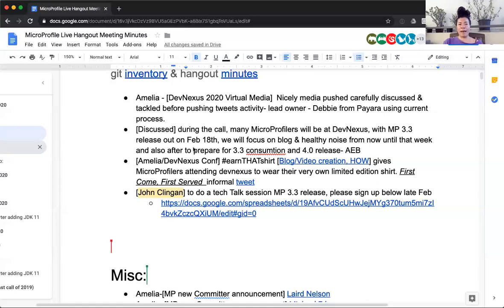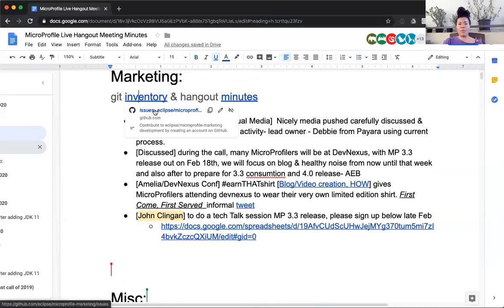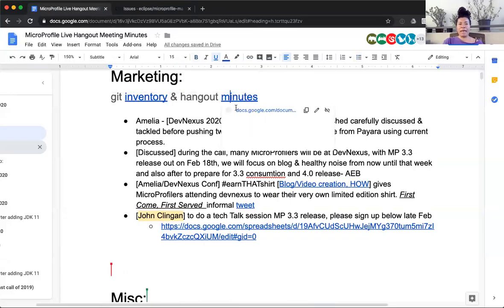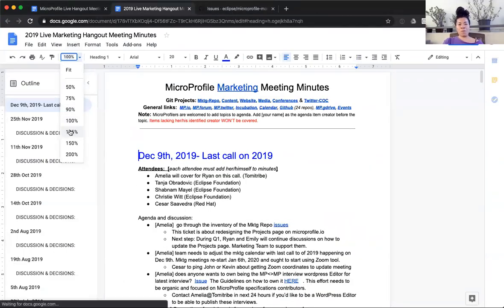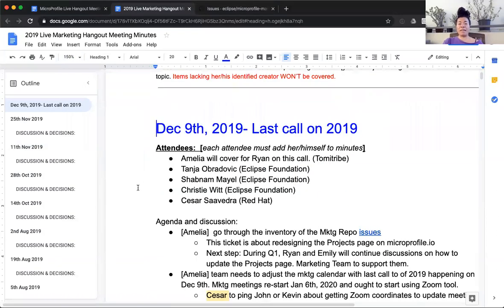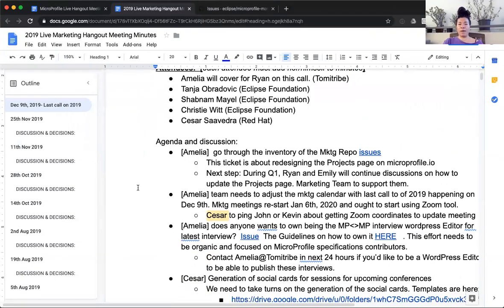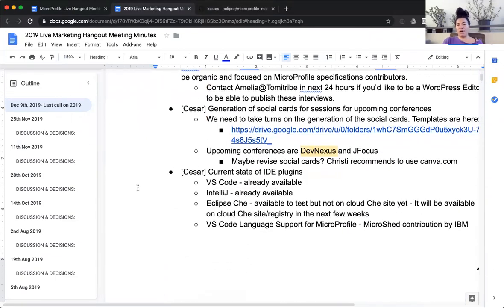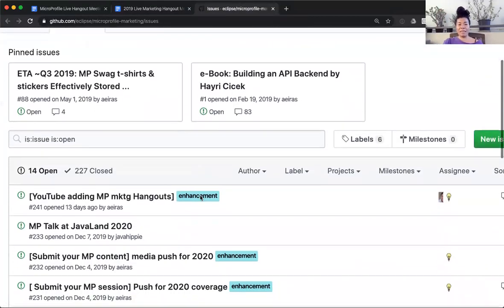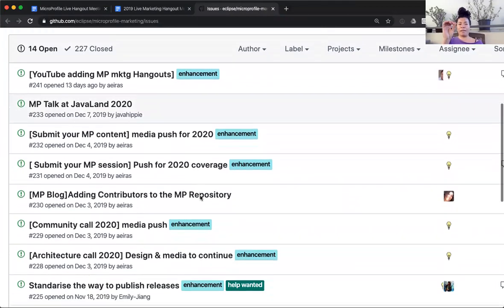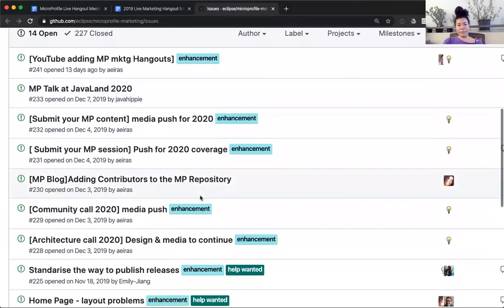The second thing is that all of it is here. You have the inventory and the GIT of what currently is, and the Hangout minutes. It's pretty basic. One of the major things that have been happening is with the startup, and that update is on Cesar, but he's not in this call. So there is a blog, so read about it. If we go to miscellaneous, you can see exactly what's what. There is an inventory of what happens on the GIT, and then the call goes on. I'm not able to join those calls, but Ryan is, and they are very disciplined. We have a lot of tickets.